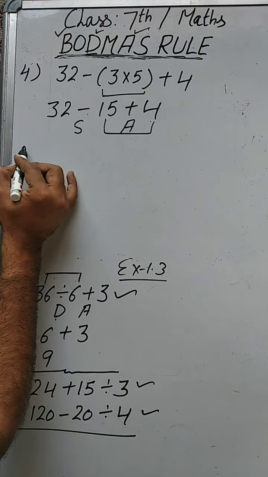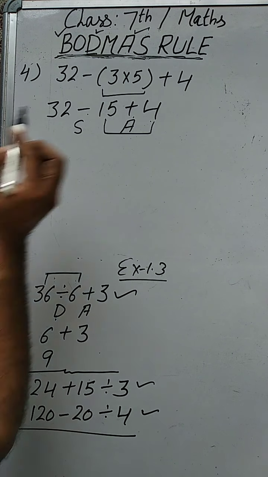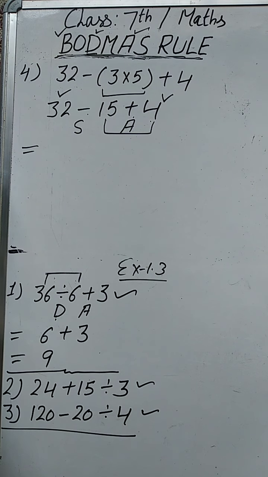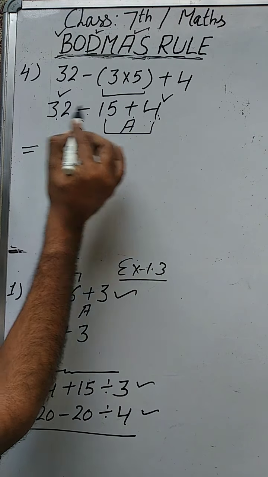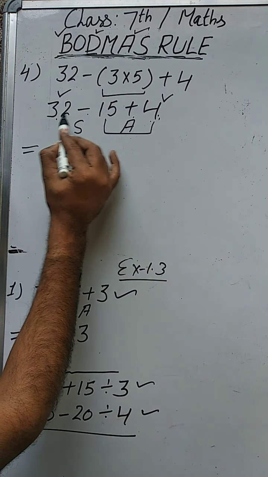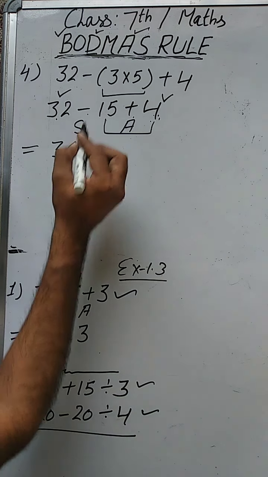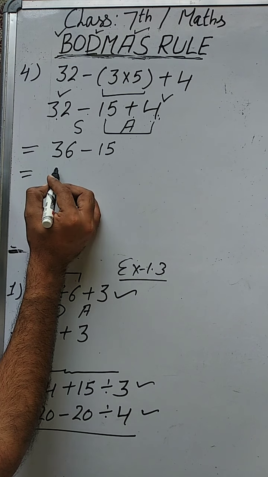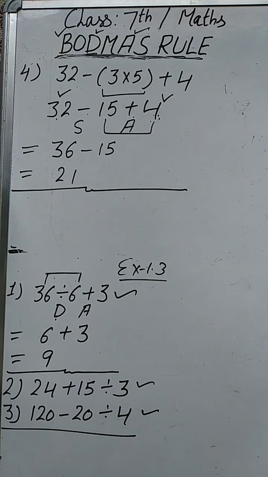When one number is in minus and one in plus, we have to perform the subtraction. But according to the BODMAS rule, there are two operators, plus and minus. Now look, which numbers are positive? 32 is positive and 4 is positive. Now 32 plus 4, according to the BODMAS rule, we will perform addition first. 32 plus 4 is equal to 36 and minus 15. Now only one operator is left, 36 minus 15 is equal to 21. Understood beta? Very important question.